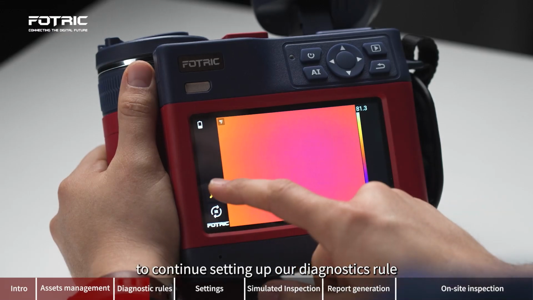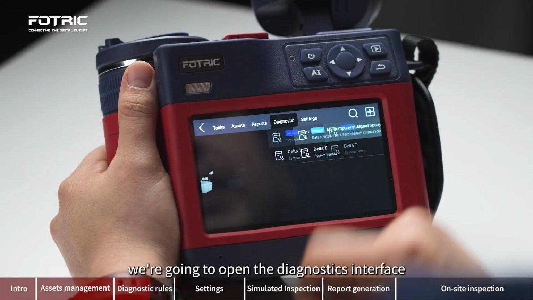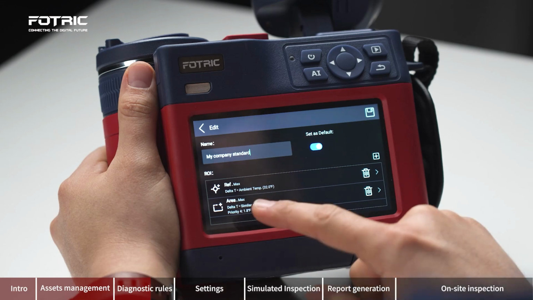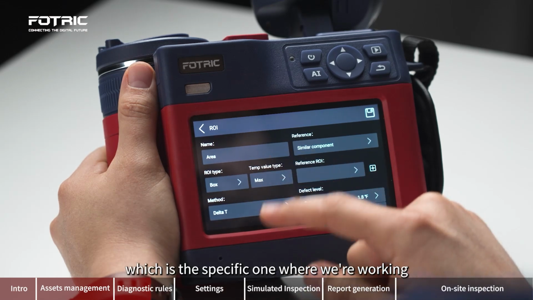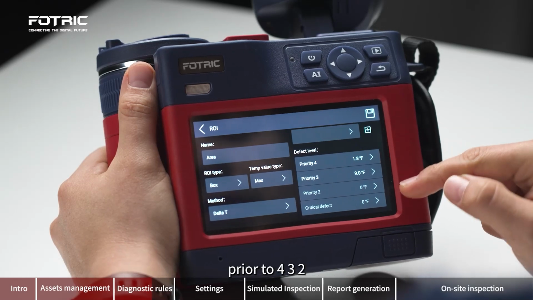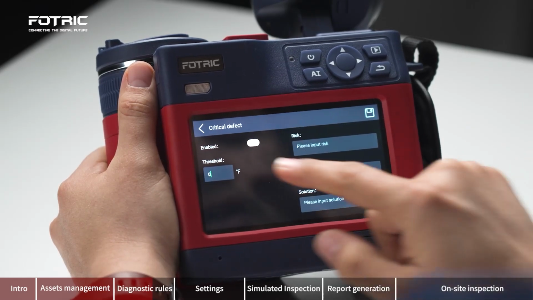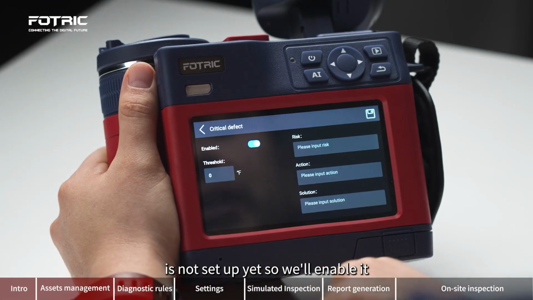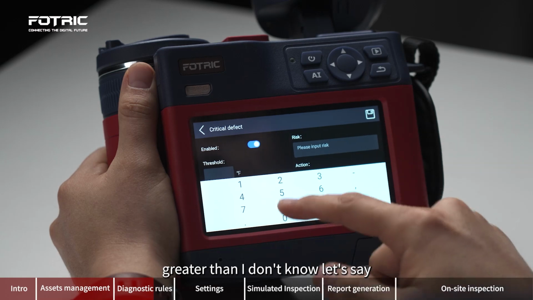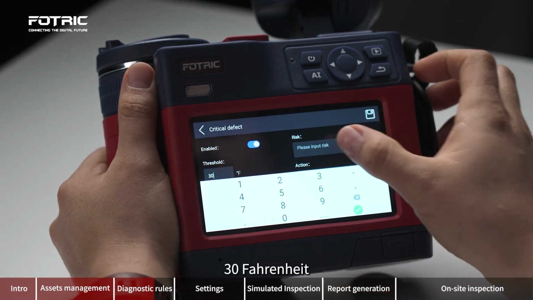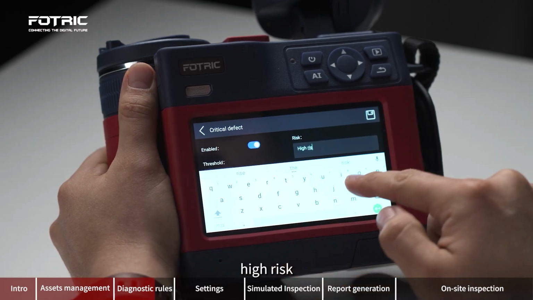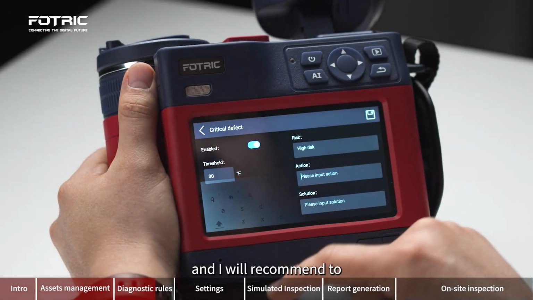To continue setting up our diagnostics rule, we're going to open the diagnostics interface, go to my company standard, choose area, which is the specific one where we're working. You can see that the names here already changed, priority 4, 3, 2. Now this one is not set up yet, so I will enable it and say that if the temperature difference is greater than, I don't know, let's say 30 Fahrenheit, I'll code it as a high risk, and I will recommend to